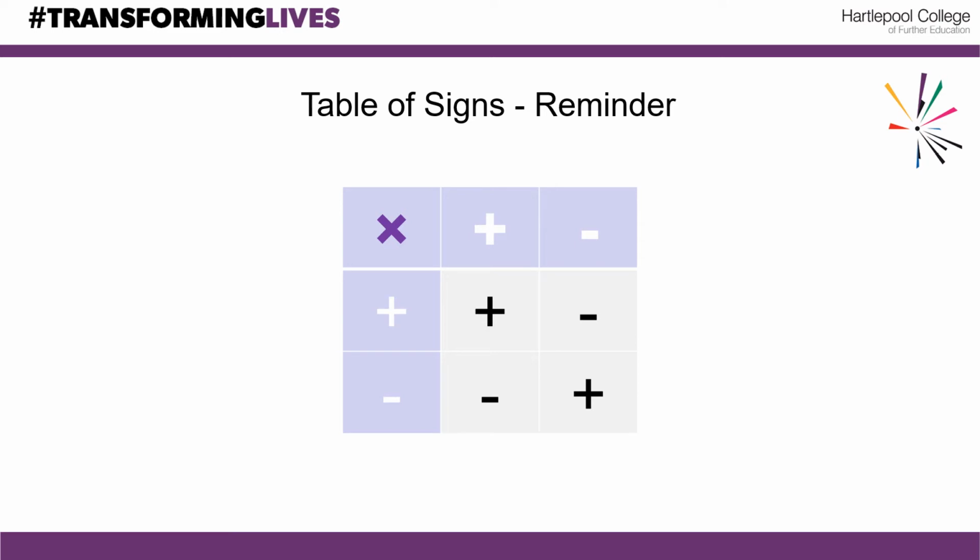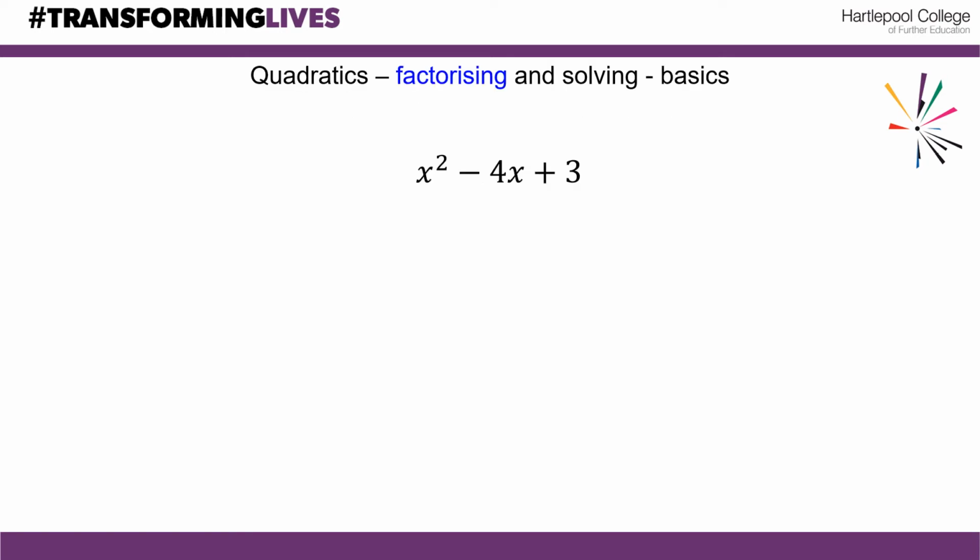Next up, and just as a quick reminder, this is a table of signs. If you multiply 2 positives together, it gets you a positive answer. If you multiply 2 negatives together, it gets you a positive answer. Any combination of positive and negative will result in a negative. Important to remember that for what's coming. Okay, the next one,